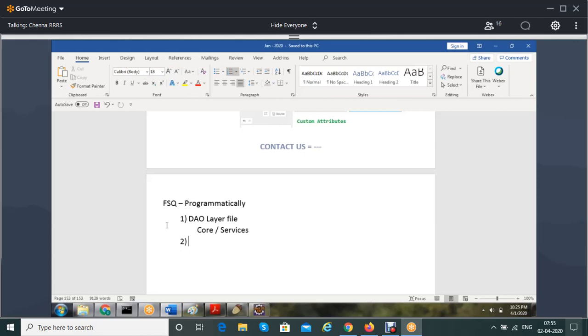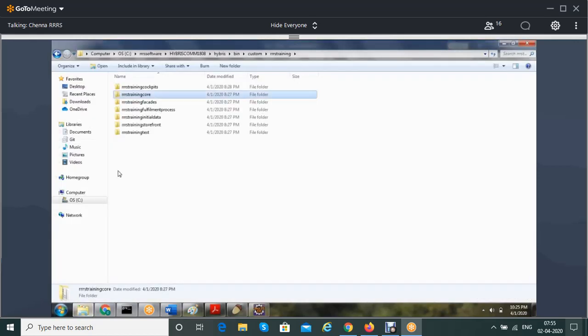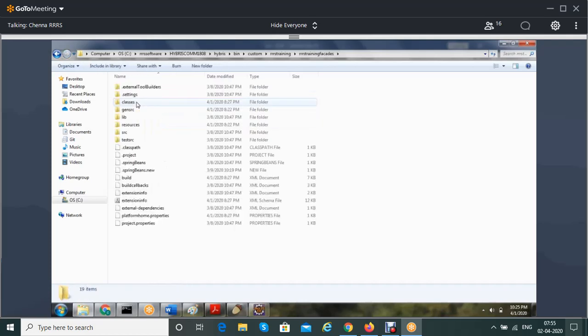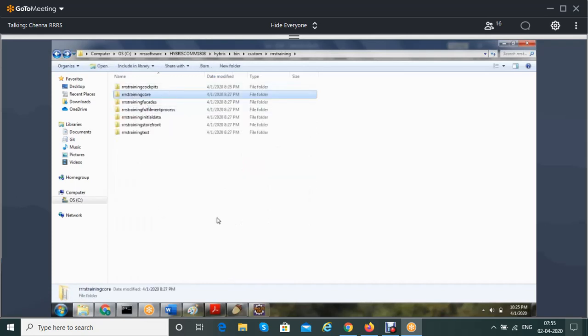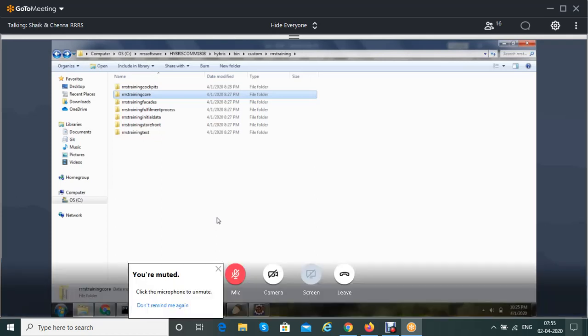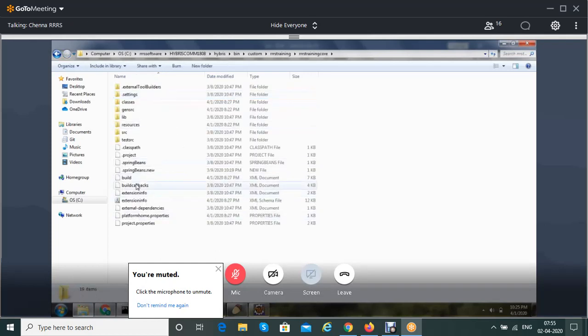Anyone? Just add it in the localextensions.xml. Not local extensions. Local extensions is to enable the extension. But let's say from the storefront we have connectivity to facades, from facades we have connectivity to core, and from the core you need connectivity to services, which interacts with the database. So connectivity is required. How do we create the dependency between the extensions? In extensioninfo.xml. So go to the core, go to the extensioninfo.xml, and open that.